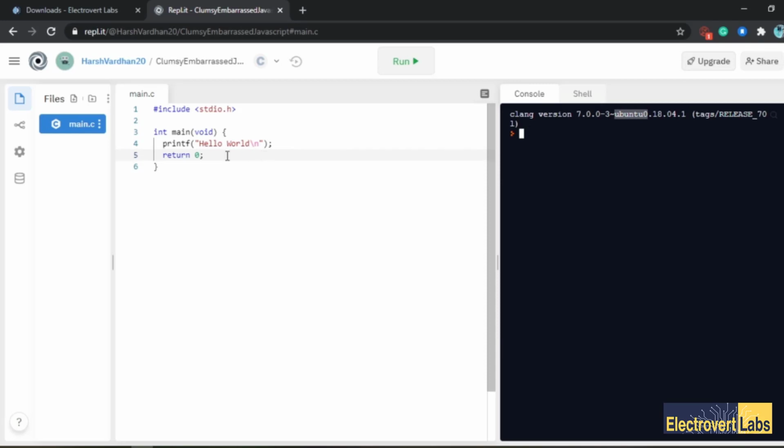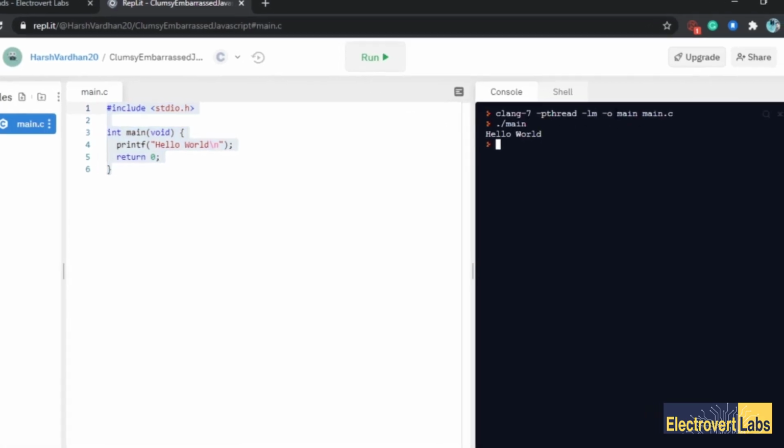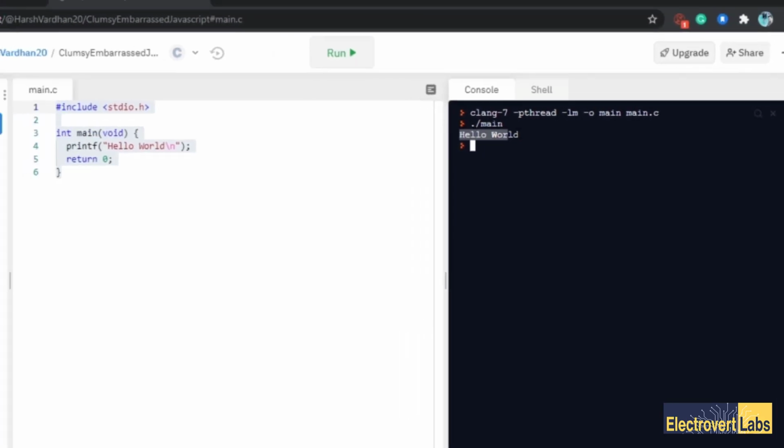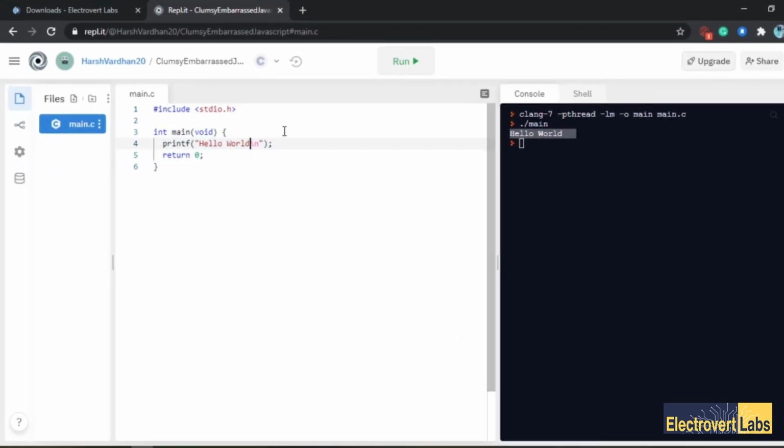Yeah. So let's now run this particular file. They have already written the code here for hello world, so I will just go and run it for you. Now let's see what is happening here. They have named the file main, so they have renamed it as main. They have written -o main and main.c, saved it into some location, and after that they go into that location and run the main file, and they are printing the output hello world. So if I write something else there, hello world, I am Electrovert Labs, okay, now I am going to run that particular file.